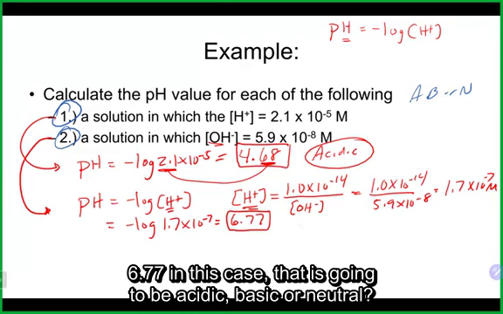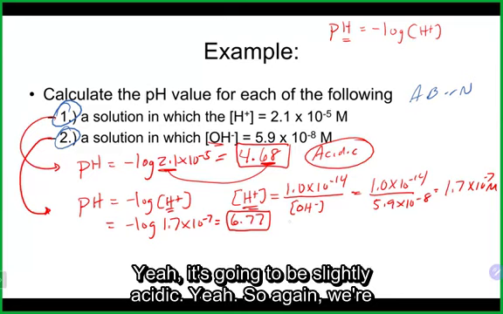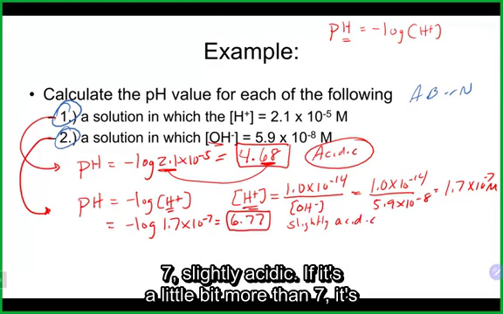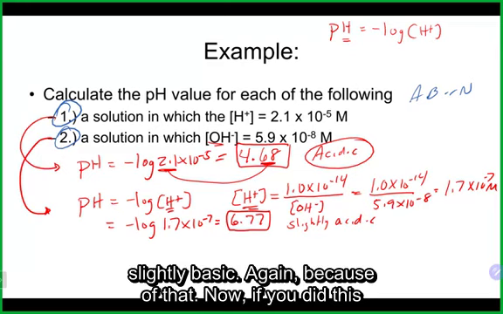That is going to be acidic, basic, or neutral. Yeah, it's going to be slightly acidic. So again, we're going with 7 on the nose is neutral. If it's less than 7, it's slightly acidic. If it's a little bit more than 7, it's slightly basic. Again, because of that. Now, if you did this